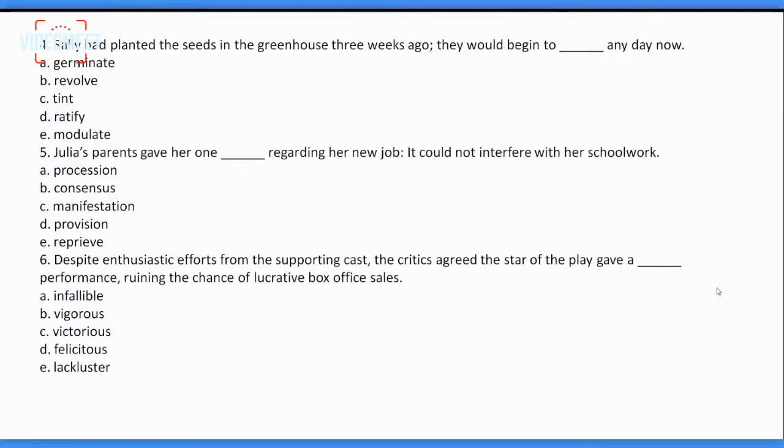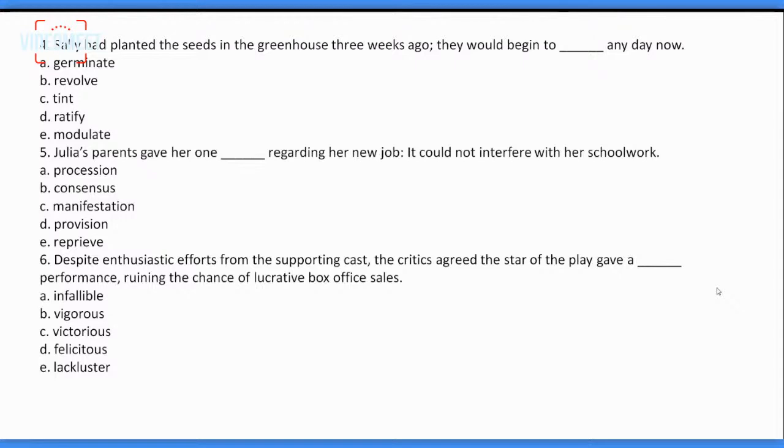Again, the fifth sentence says Julia's parents gave her one dash regarding her new job. It could not interfere with her schoolwork. Now, what kind of word should be put in here? Are we looking for a positive word or are we looking for a negative word? We're definitely looking for a positive word here, because it seems like parents who have given a